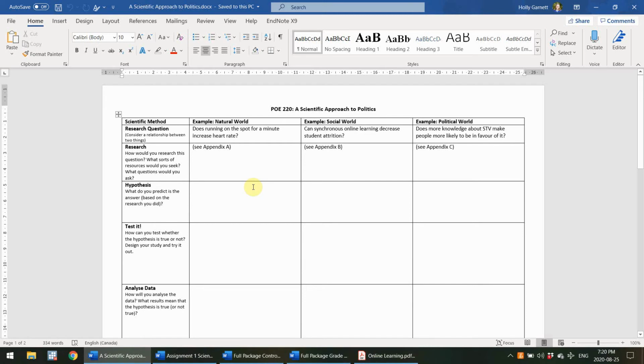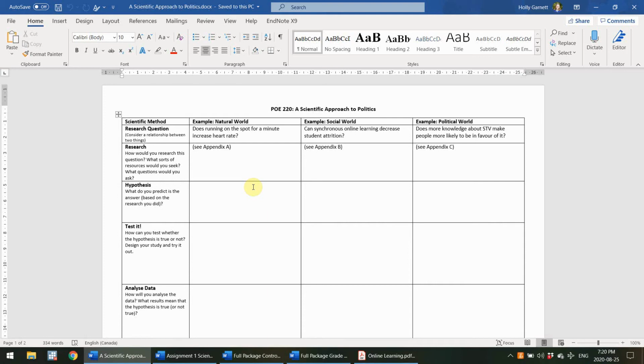When we talk about political science, we are talking about applying the scientific approach or scientific method to the political world. And that's what we're going to focus on in this class: how can we apply these scientific principles to the social world, to the political world. And so you start off learning the scientific method, which you probably learned in grade 3 or something, but